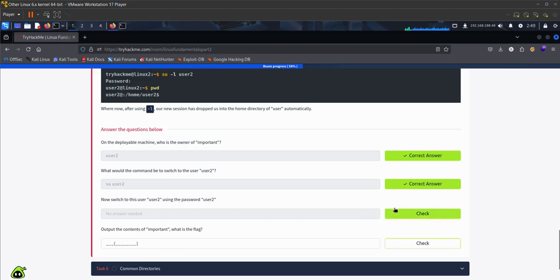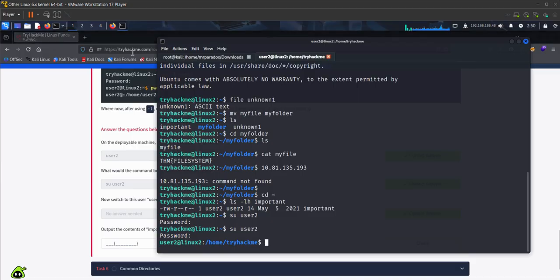Output the contents of important. Check. What is the flag? cat important.